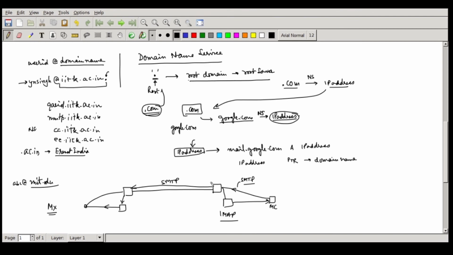So in fact, when this mail handover is done, along with this all attachments, everything is actually passed. So normally the attachment limits are there. That depends on your own SMTP server. For IIT Kanpur, for example, I can send a mail up till 20 MB. Okay, Google provides a different limit. So different mail servers can have different limits. So once the mail is received by me, it will come to my IMAP thing, and from there my mail client will actually fetch everything and I can read what is there in the mail.